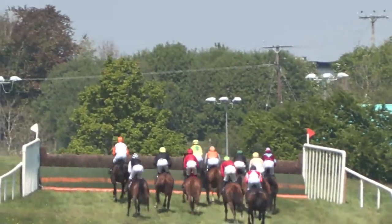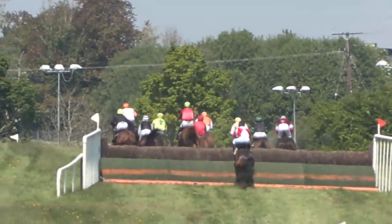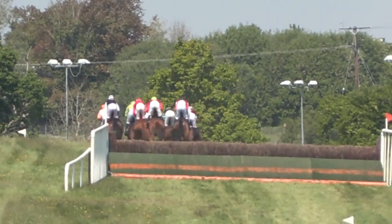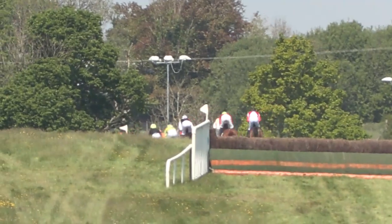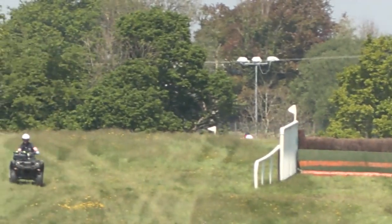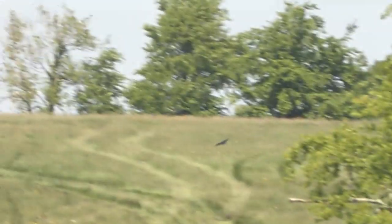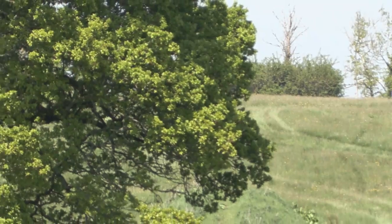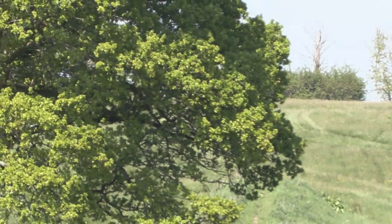Tintara out wide is making good ground now to take a share of the lead as they go out over the opening fence. Mall Downtown was the overall back marker in red and white colours, as it's Wayrow who has the narrow advantage over Tintara. They're the front pair. They turn left-handed. Rose's Eagle also racing up close with the pace, and Morning Venture in black and green colours as they prepare